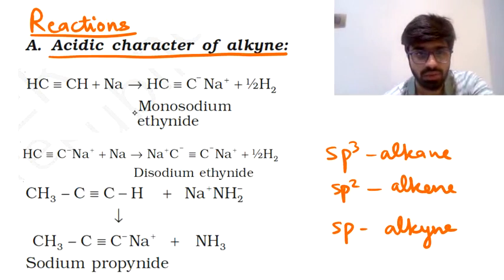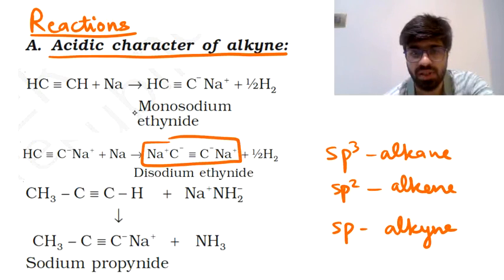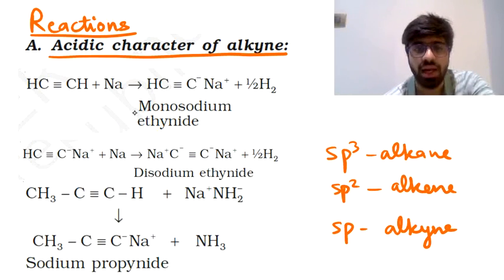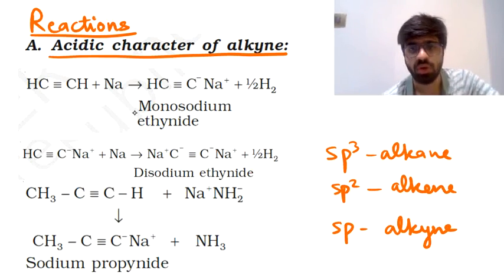The next one: if you continue that reaction, you have one more carbon atom involved in the triple bond, and that carbon atom has a hydrogen atom along with it. So that hydrogen atom can still come out if a further reaction with sodium can happen. So we are taking that monosodium ethynide and making it react with sodium. This sodium replaces the hydrogen here. You get disodium ethynide because there's a sodium atom with each of the 2 carbon atoms, and the hydrogen that got replaced came out as half H2. Because again hydrogen is coming out, we say that this compound is also sufficiently acidic.